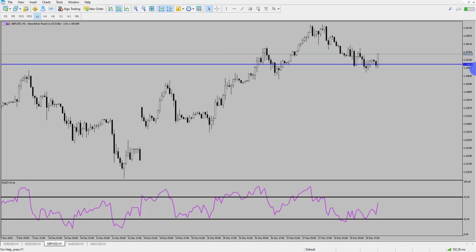Key level on pound this week is going to be 134.96, probably the most traded level of last week. We can see all the interaction through this area here. Market found support, resistance, support at this point, support, a little bit of resistance and support most recently. So if trade talks continue at a point where there could be a Brexit deal, I expect a retest, looking for longs. If price breaks through, looking for shorts around this